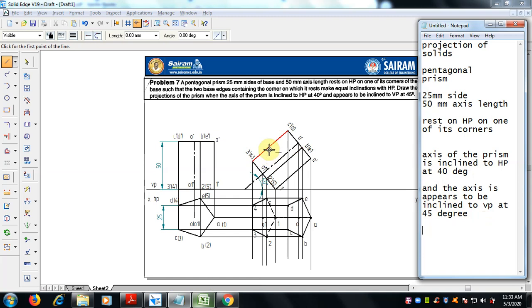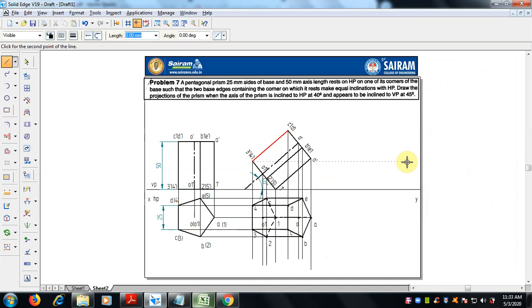So after inclining to HP, whatever view we have, that view is to be inclined to VP at 45 degrees. Since it appears to be inclined, we have to do it. Select a line, continuous line of 0.13 mm thickness, and draw a line at 45 degrees.